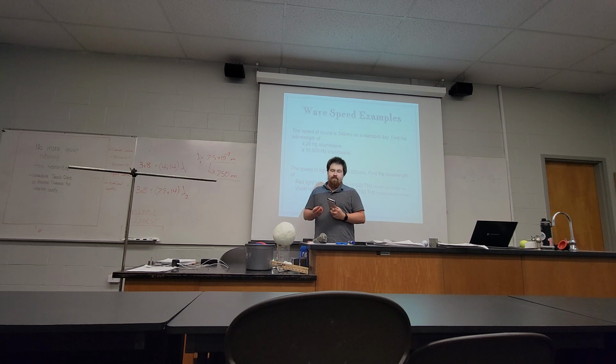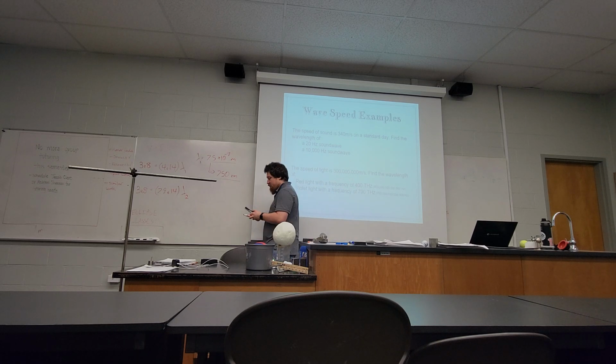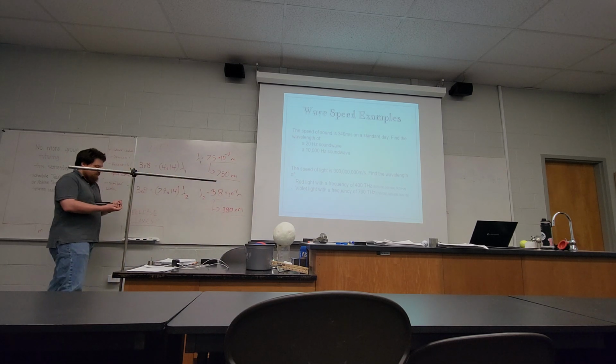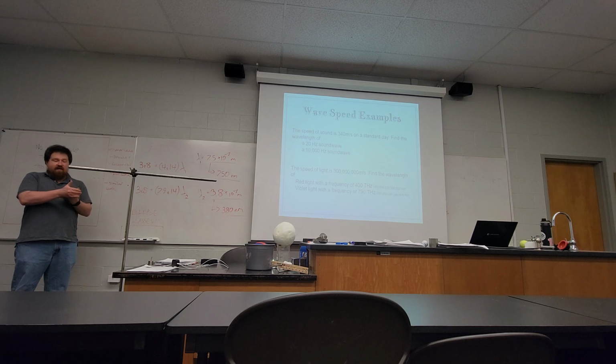Teeny tiny. And violet light, since it has a higher frequency, would be even tinier. 3.9 times 10 to the 14th. I'll just round that to 3.8 times 10 to the negative 7th meters, which you could also rewrite as 380 nanometers. The wavelength of light is teeny, teeny, tiny.